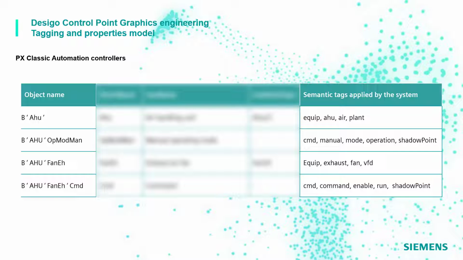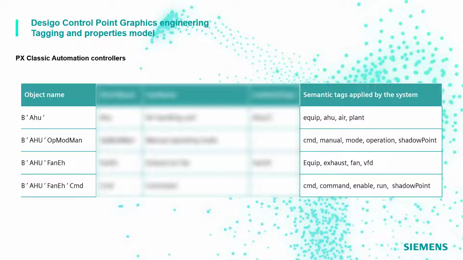This mapping table shows how the proprietary object names are mapped to semantic tags, which are applied in the system. These tags have so far played a fundamental role in graphic engineering, as they are the base for defining on which element a graphic should be available and, most important, to bind data points to the graphic elements. With the introduction of the PXC4, 5, 7 NGA automation controllers, the usability of the semantic tags became difficult